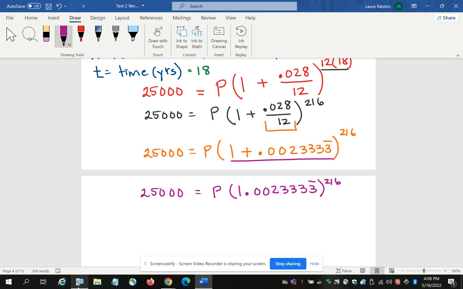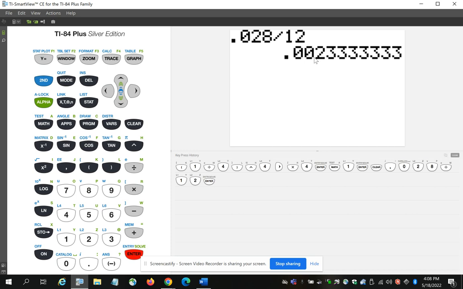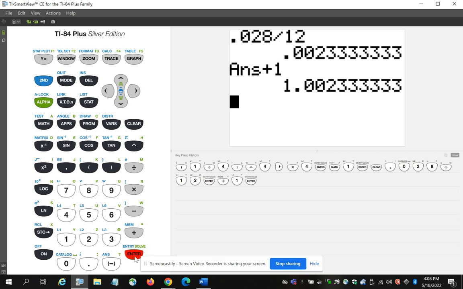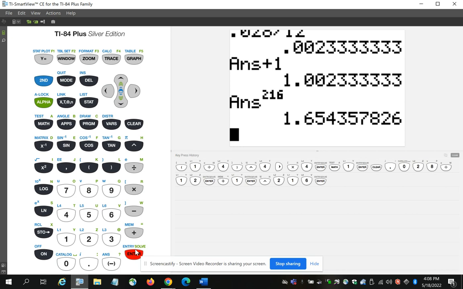Okay, so on my calculator, the 0.0023 repeating is in its brain, so I'm going to add 1, and then I need to raise that to the 216th power. I'm going to multiply 1.0023 repeating times itself 216 times, and we get